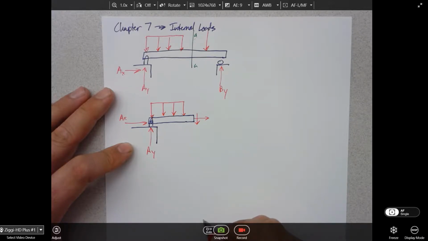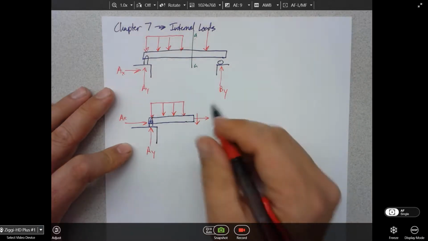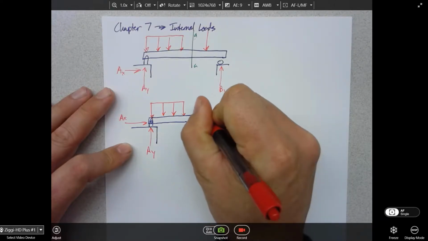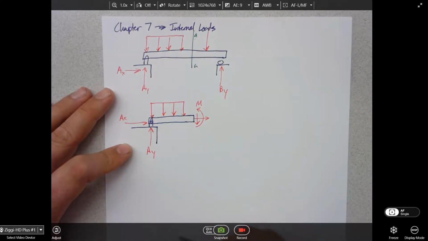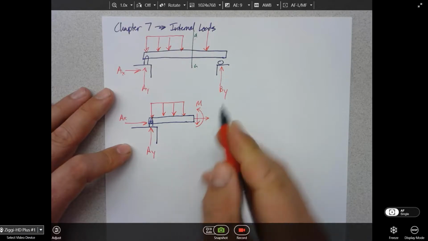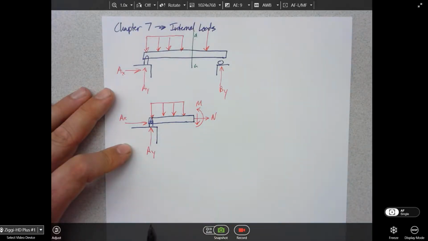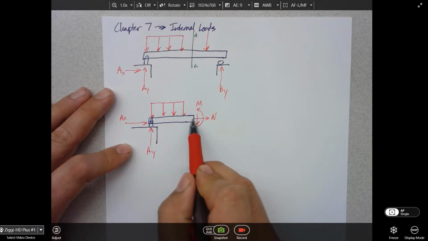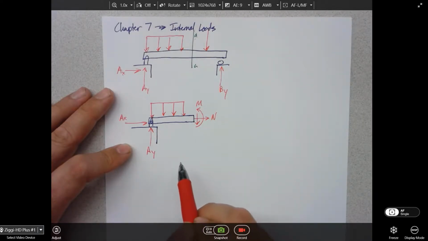All right. And it turns out you can't see it intuitively, but there's actually a third couple moment that we're going to put on here. Okay, and it's the bending moment. So this first force that's horizontal in the x direction, we're going to call that our normal force. We just denote it with an N, and it's always normal to the cut face. So I've cut this, it points straight out from the face.